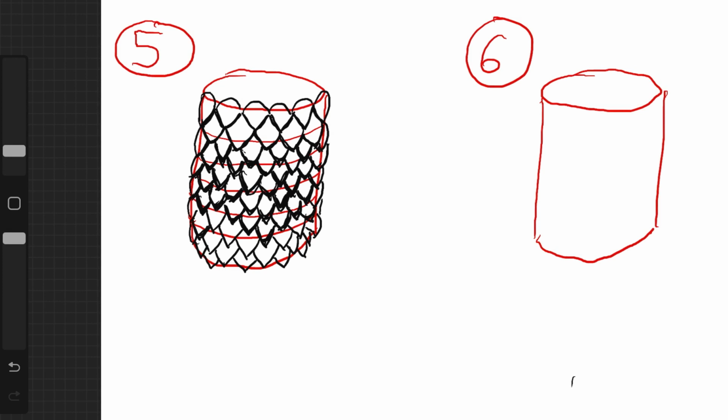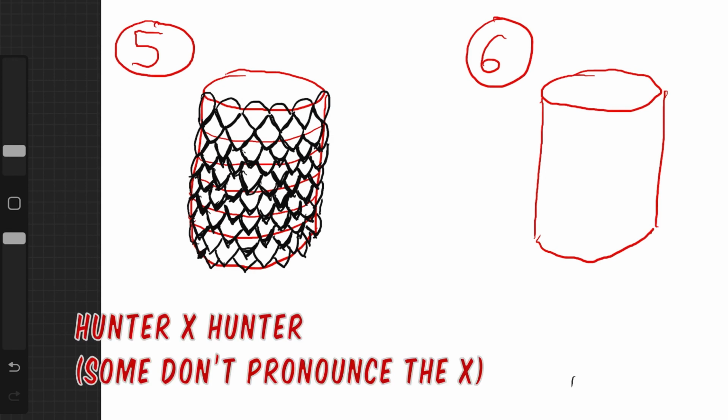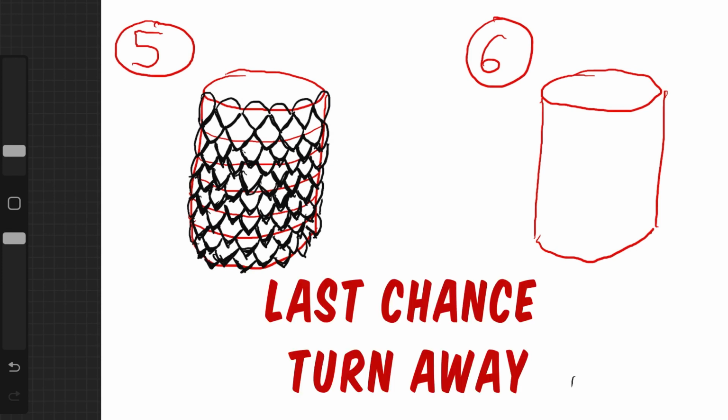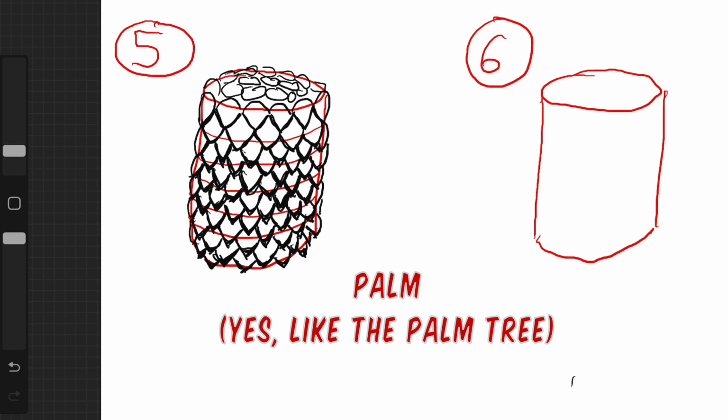in the future. Another good example of using creature skin on human, kind of like human creature hybrids, is in my favorite manga, Hunter x Hunter. Spoiler warning, so if you haven't seen Hunter x Hunter, then turn away. But if you've seen the whole show, or at least up until the Chimera Ant arc, you would know that there is a big shift in the story, and one of my favorite characters, her name is Palm, and you